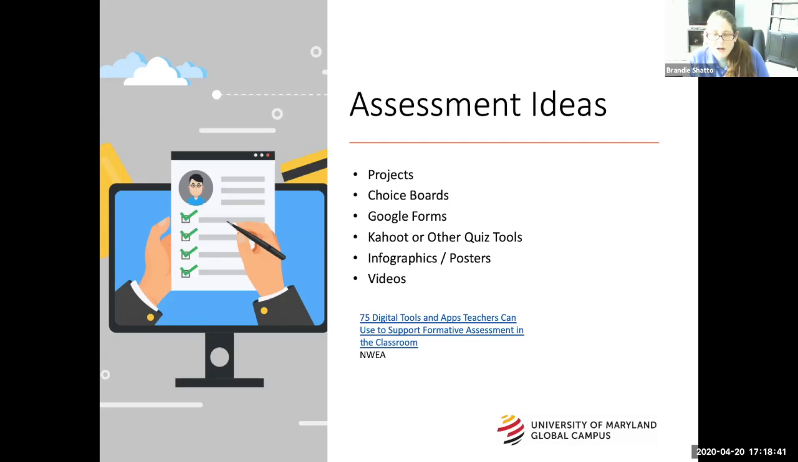And I'll share this slide deck, but I have a link there to 75 digital tools and apps teachers can use to support formative assessment. That's a great list of just a whole bunch of different ideas for how you can